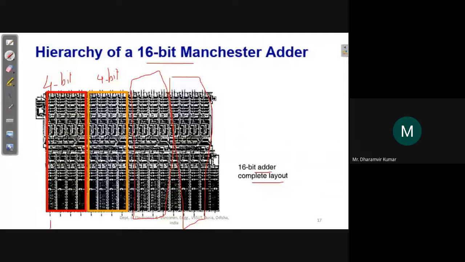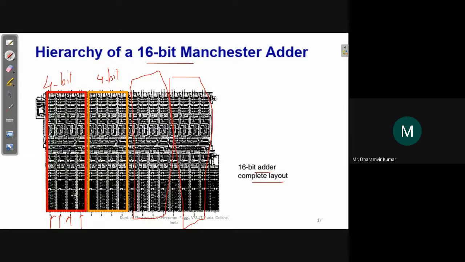Look at here, this pattern, this pattern, this pattern. They are all for 1-bit. So this one small strip is for a 1-bit adder. Okay, and they are repeatable. Look, this block is similar to this block. This is again similar, 1-bit, 1-bit, 1-bit.